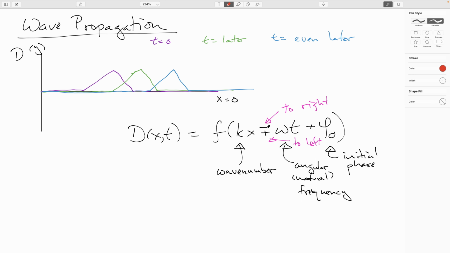So if we're thinking about some feature on the wave propagating, like let's pick the peak here just to make it nice and concrete. It was here at this time, then later it's at that time, later it's at that time. So in some sense, we can say that the wave is propagating with some velocity v, right? Now,